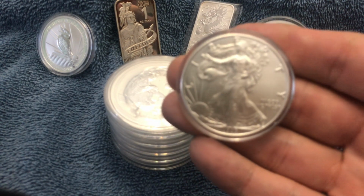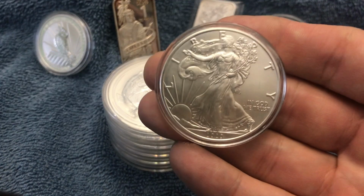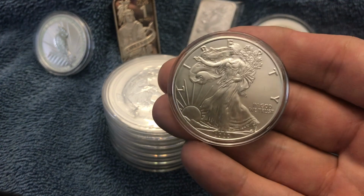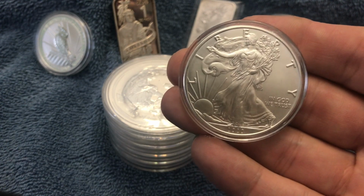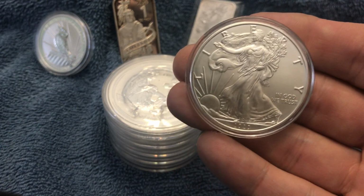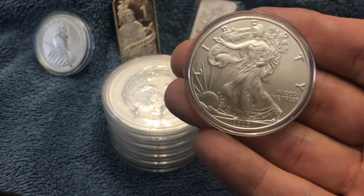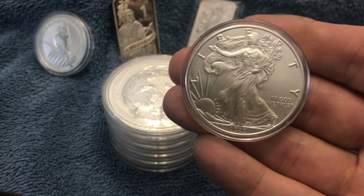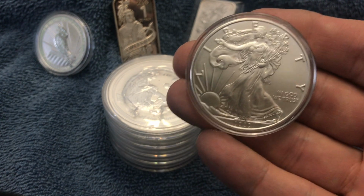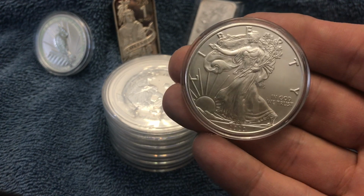That would have been about between $38 and $40 per coin. Let's get that to focus. If I would have done that, I'm still underwater. I'm still underwater if I am buying American Silver Eagles at $40 an ounce. Right now, silver is currently $26 an ounce. In order to profit or get my money back, silver's going to have to go up to at least $37, probably $37, $38, depending on where you live, depending on how you choose to sell